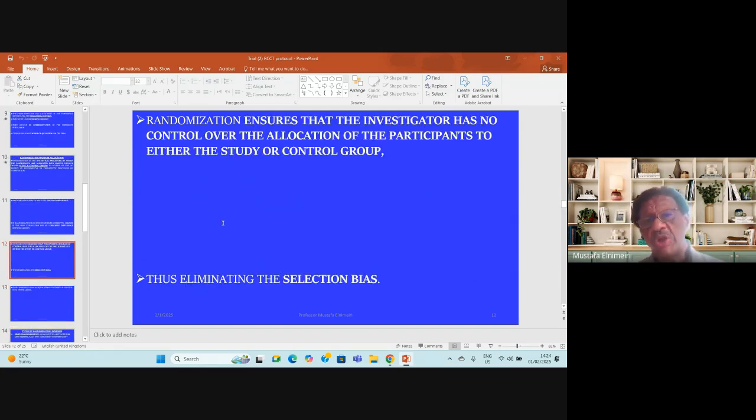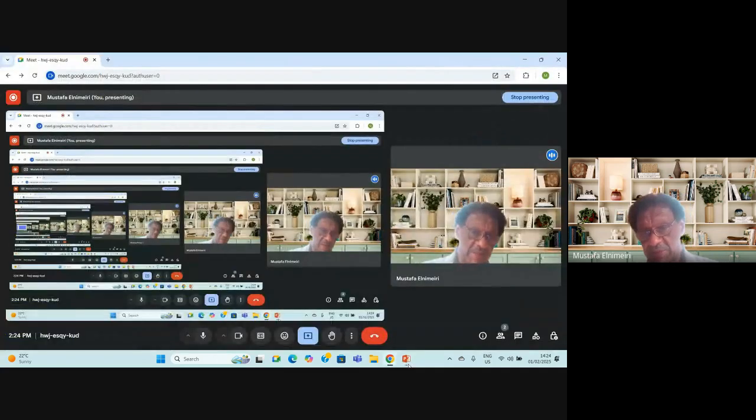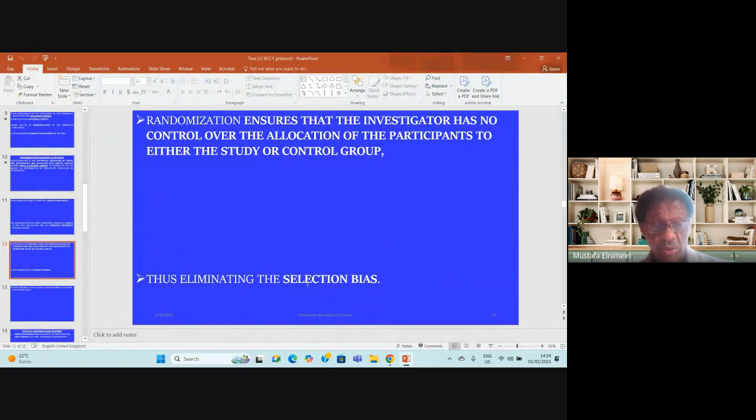And randomization ensures that the investigator has no control over the allocation of the participant to either study or control group, and thus we can easily eliminate the selection bias. And this is very important, as most of the coming steps for the trial will depend on the allocation and how it is performed, to ensure that we have